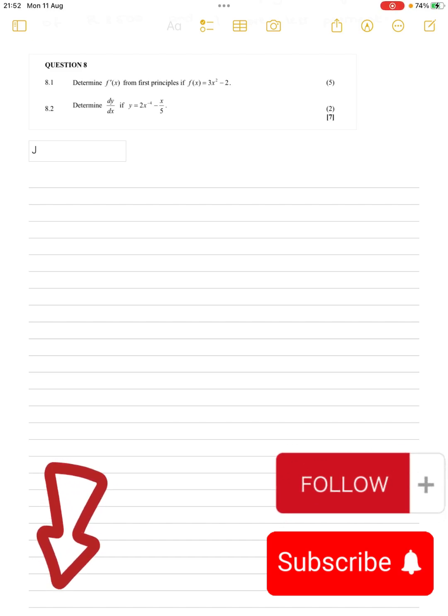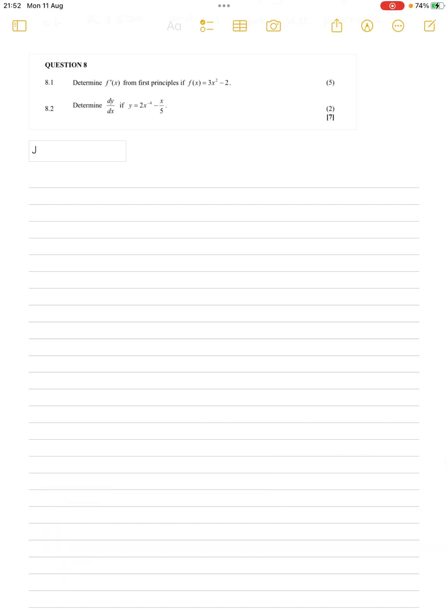Okay, now let us continue with question 8. In question 8, we are required to determine f prime of x from first principle. And we are given the function f at x, and we are given 5 marks. So solution to this case,